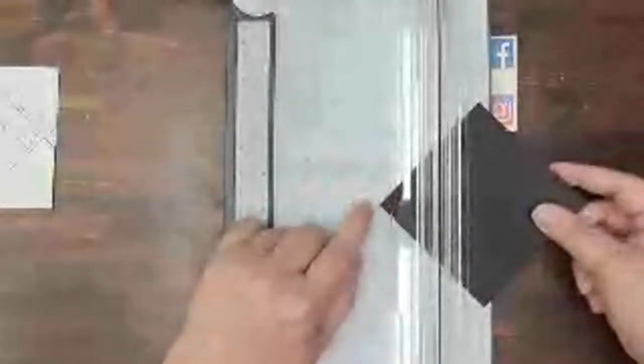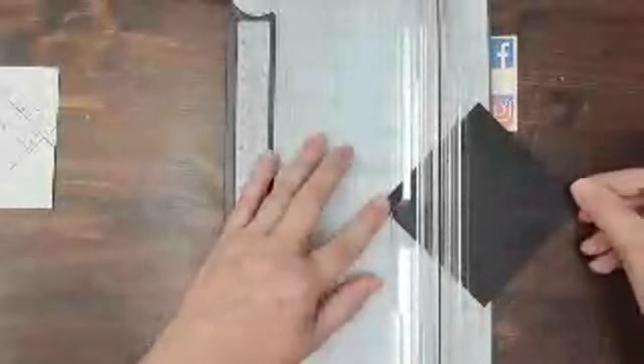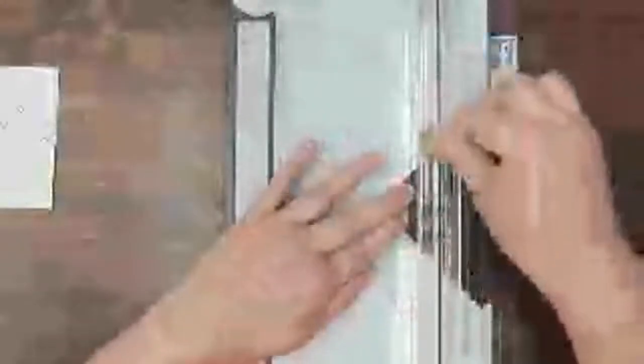All right, last one. Once again, lining it up at 1 3/4 here. And then we're going to pivot our paper until both of the points are on 1 1/4. All right. And then score that line as well. Okay. So now you end up